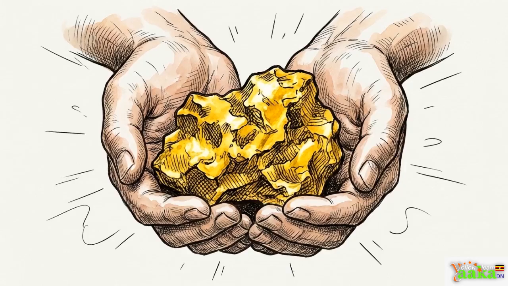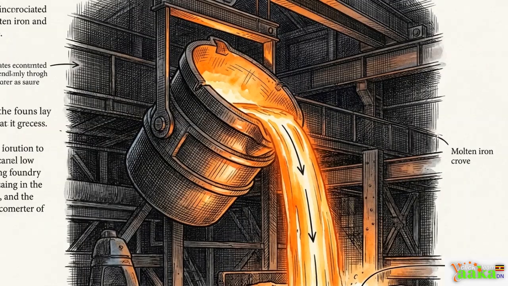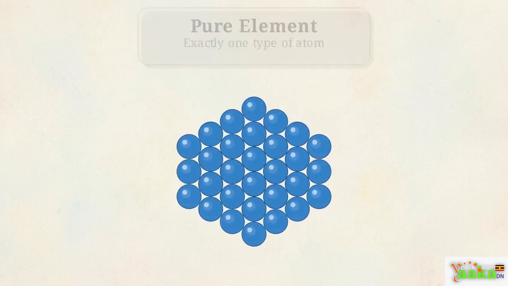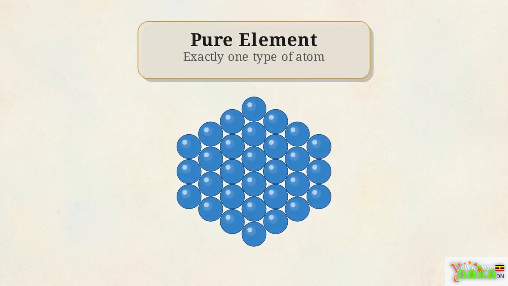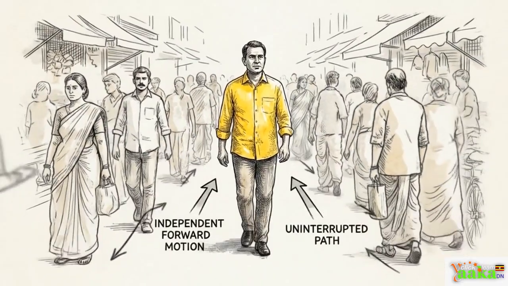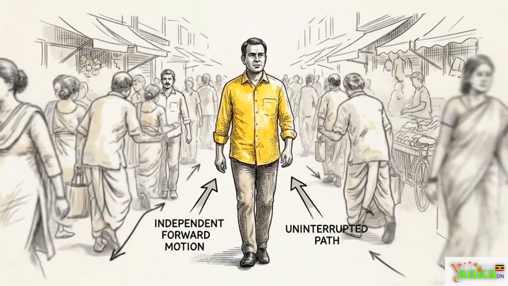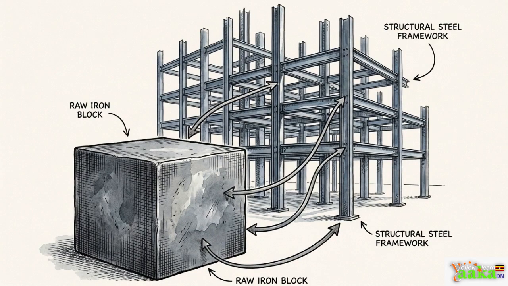If you dig up pure gold in Karamoja or smelt a piece of pure iron, you are holding a raw element. Looking at this diagram, you can see why. An element is made of exactly one type of atom, shown here as identical blue spheres packed closely together. Think of an atom in an element like a single person walking alone through a busy Kampala market. They are completely independent. Because they are completely uniform, elements provide the reliable, unchanging foundation that we use to build